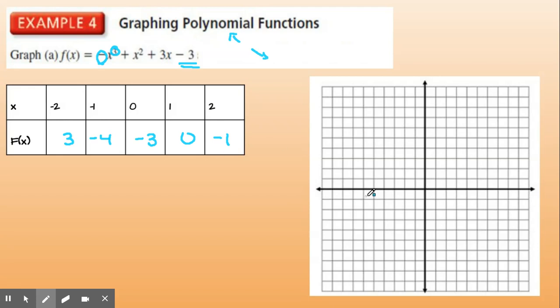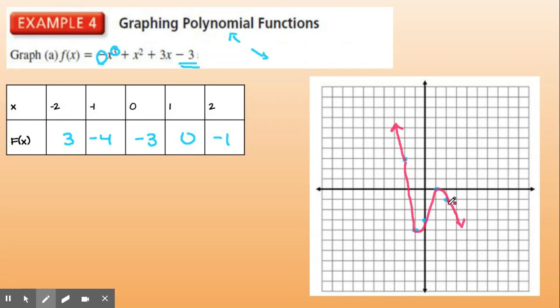Right. Once I have those, I can plot all of them. So -2, 3 is up here, 1, -4, 0, -3, 1, 0, and 2, -1. Okay, so when I go to graph and connect these dots, I know I have to start up in the positives, and I see this is starting high. I tend to always start with my ends. I know this one has to go this way, and this end has to go this way. I have no idea till where or when, but I know the ends have to go up because we said that over here, and the last end has to go down. And then you just kind of connect your dots